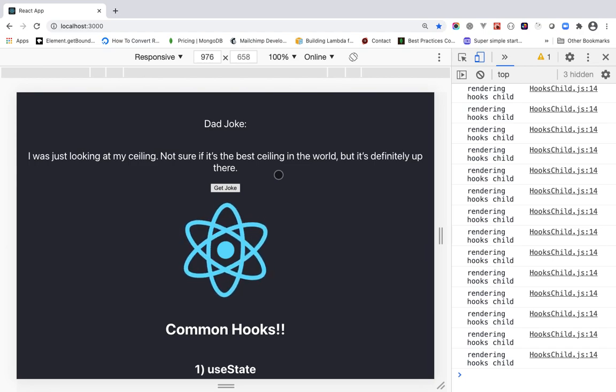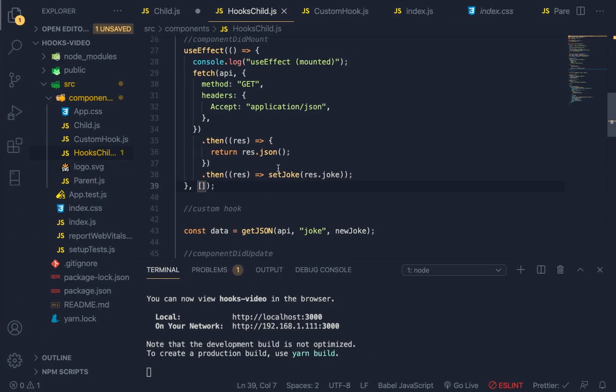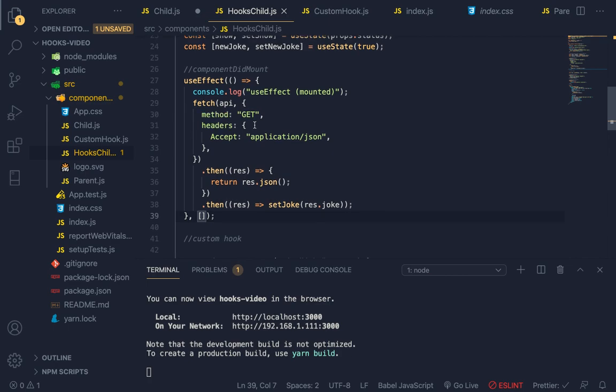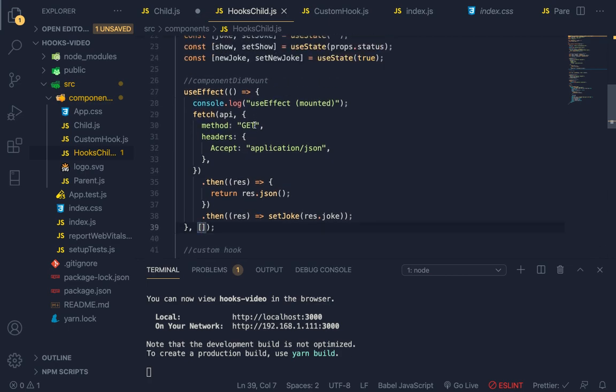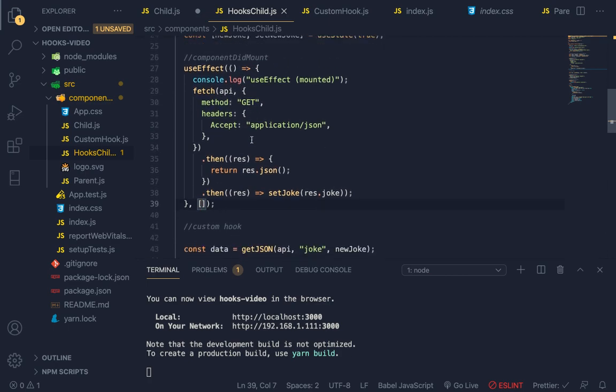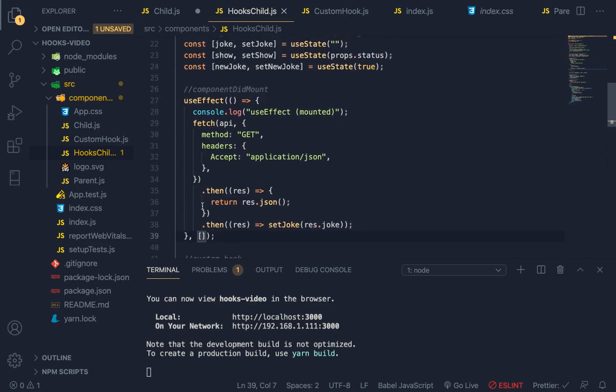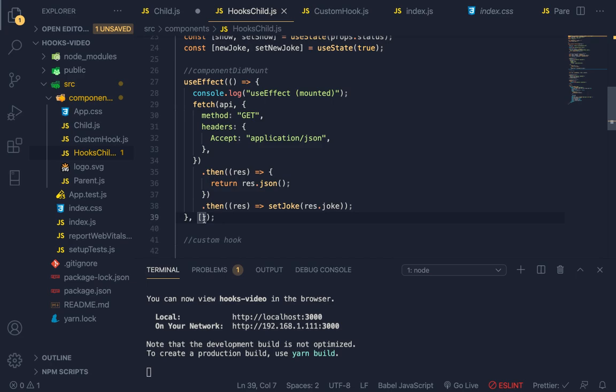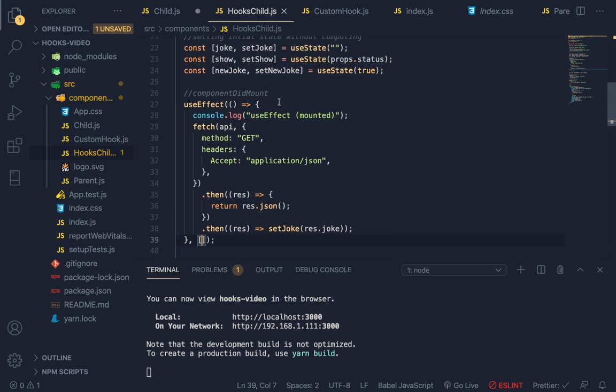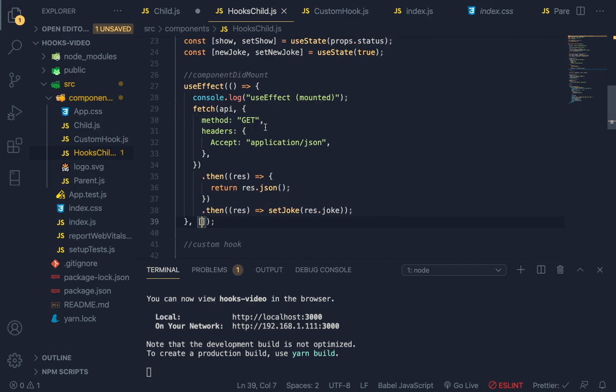The way that we set that up in our code is that useEffect takes a function and then takes a dependency variable. In this case, we took away the dependency variable, so it only runs once the component's mounted, and it's being run like componentDidMount. If we add new joke back and save it,